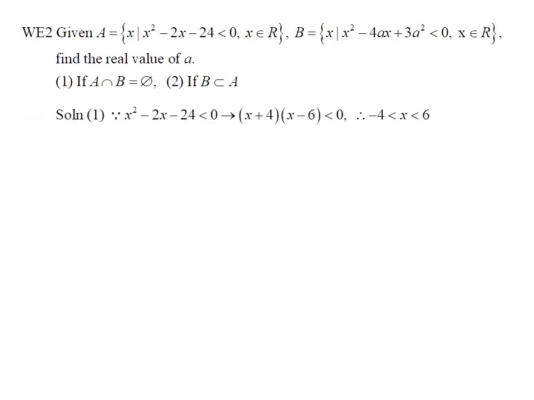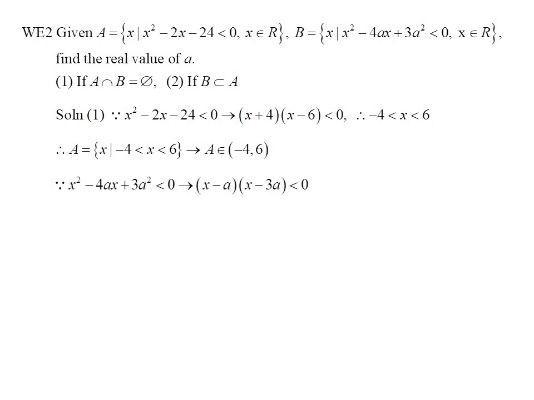The first step we do is to solve the inequality of set A by factorizing x squared minus 2x minus 24. After solving the inequality, all the elements in set A are real numbers between -4 and 6. The second step is to solve the inequality of set B, where a will be its parameter. Factorizing the inequality, it becomes (x minus a) times (x minus 3a) less